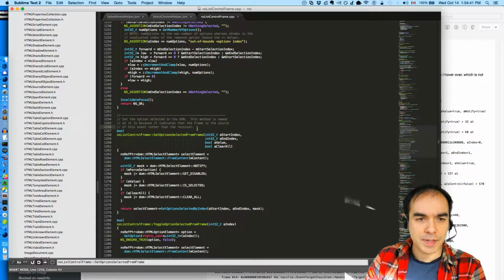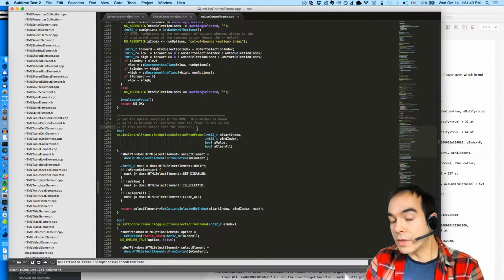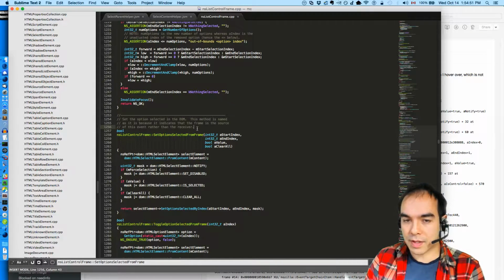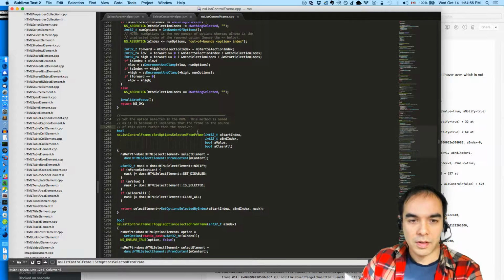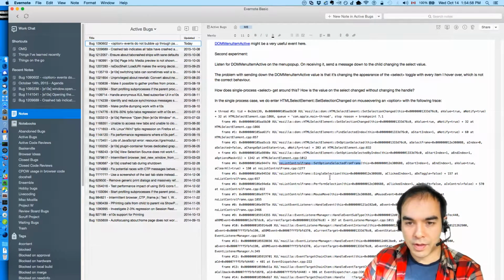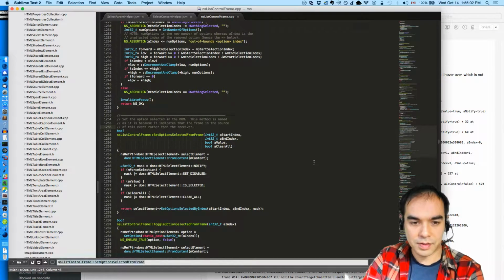This method is named as it is because it indicates that the frame is the source of the event rather than the receiver of the event. The frame is not receiving the event, it's the source of the event. Okay. That's from single selection.